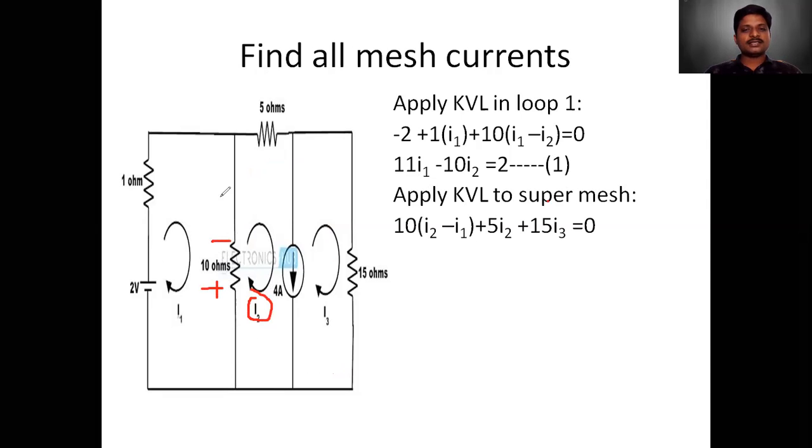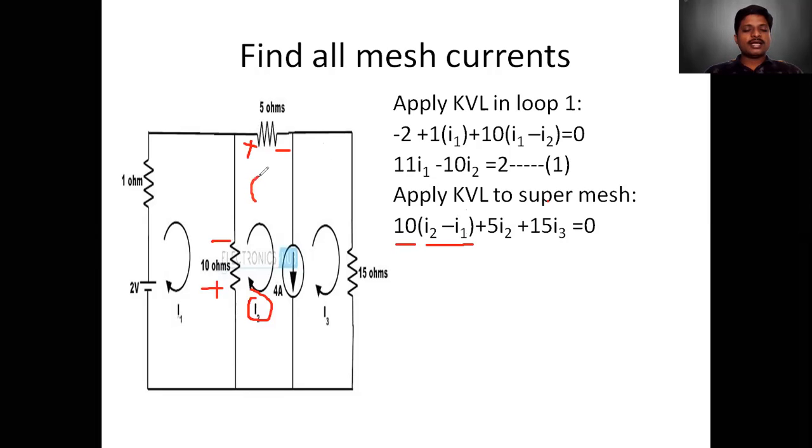But I1 current is also flowing now, and you have an assumption that whenever you are applying KVL at mesh 2, you have to assume that I2 current is greater than I1 current. Therefore, you have to write the voltage drop across the 10 ohm resistor. That is resistance into current. Resistance is 10 and current is I2 minus I1. Next, current will enter the 5 ohm resistor. Therefore, 5 into I2.